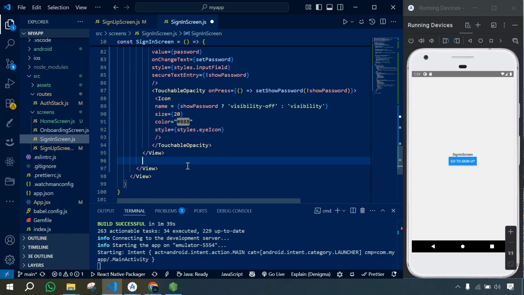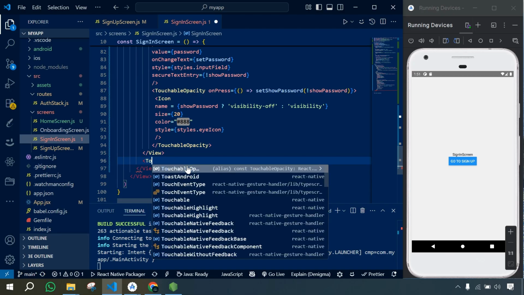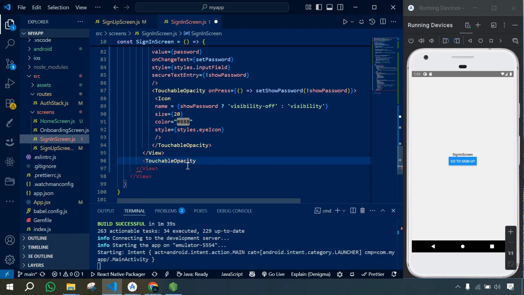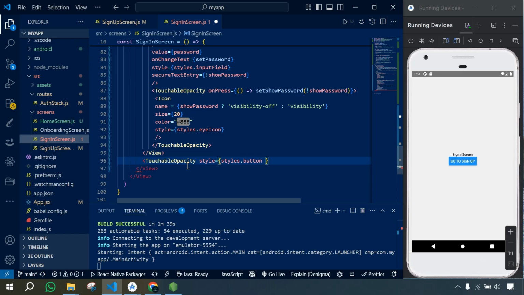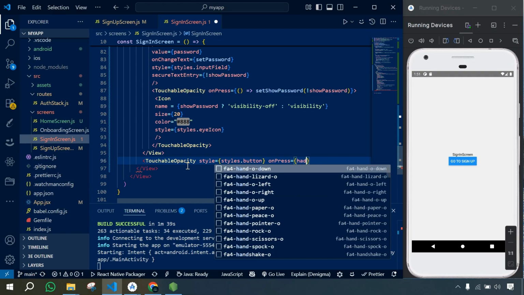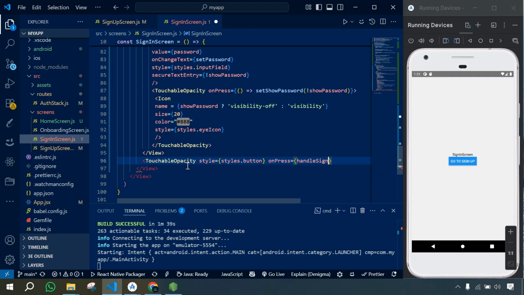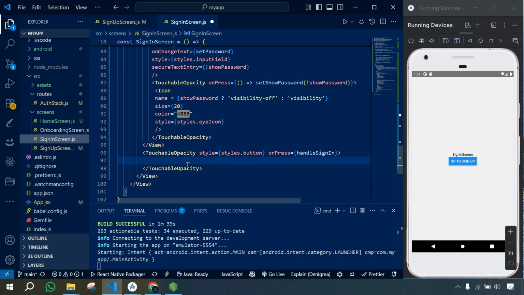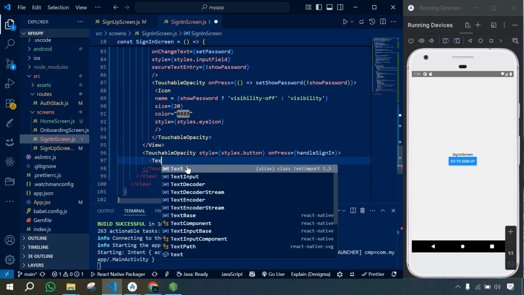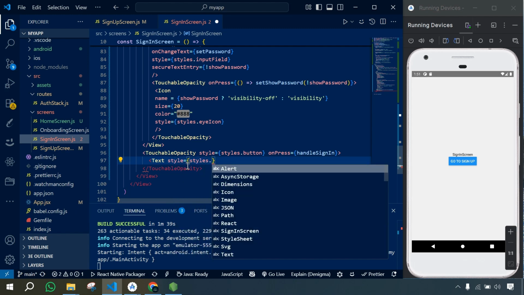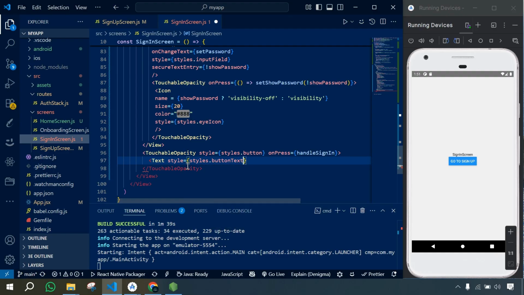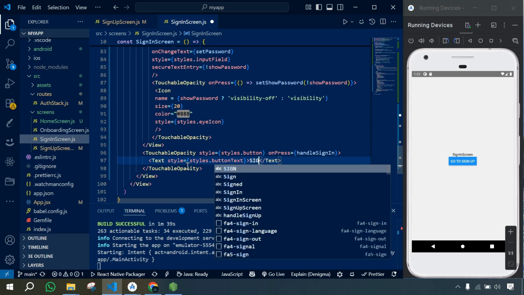And then after the TouchableOpacity and View, here we'll type another TouchableOpacity, and then style equal styles.button, onPress handleSignIn, and then here we'll use Text for the sign in button, styles.buttonText, so here I need to type Sign In,